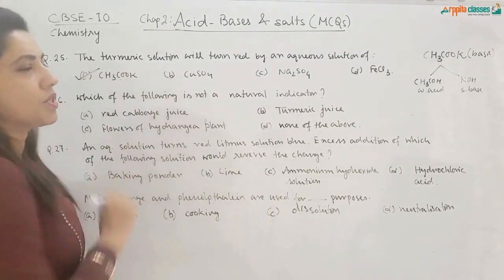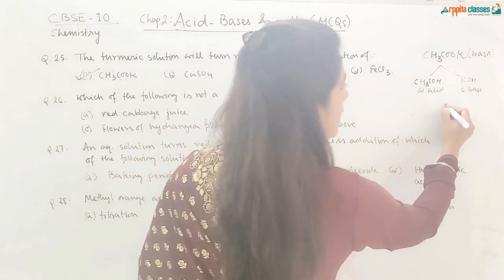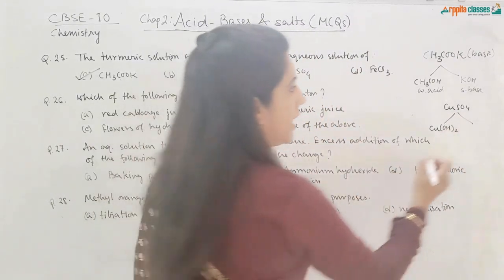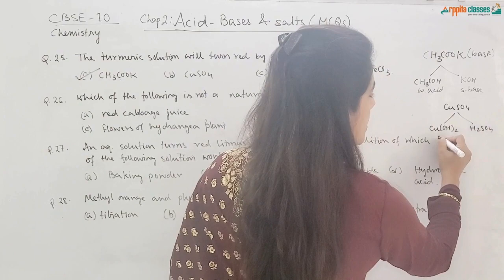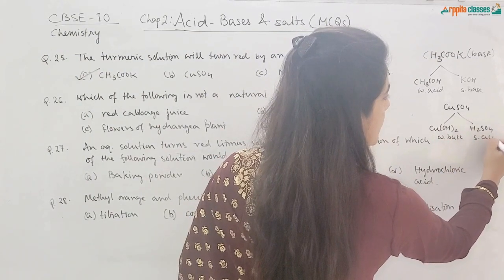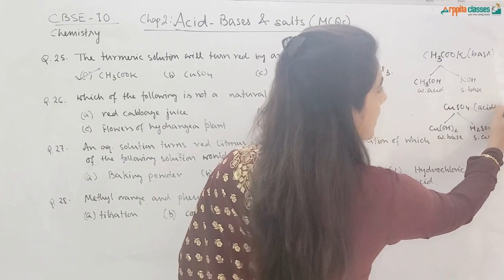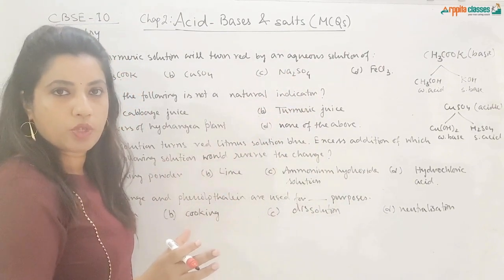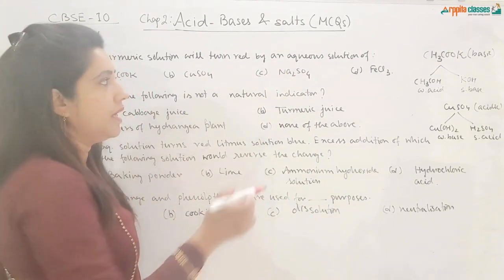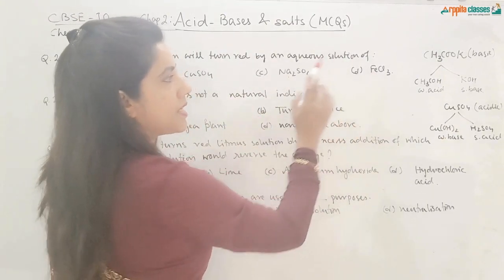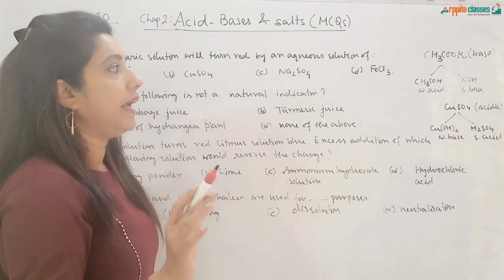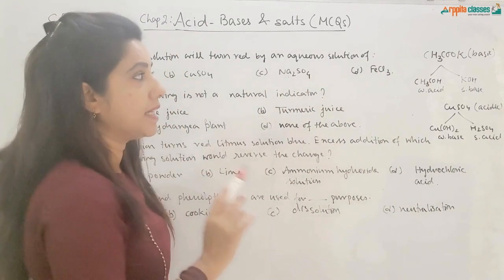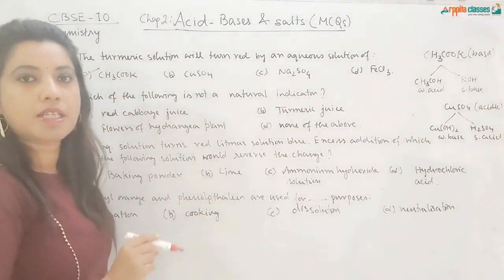But let us see the other options also. CuSO4. Now if you talk about this salt CuSO4, this is made up of Cu(OH)2, copper hydroxide, and H2SO4 acid. So this is a weak base and this is a strong acid. So overall this salt will be acidic in nature, right? So this is not the right option. Na2SO4 is made up of NaOH and H2SO4, both of which are strong base and strong acid. Therefore this is a neutral salt. FeCl3 is again made up of ferric hydroxide and HCl, hydrochloric acid. Hydrochloric acid is a strong acid, so this salt will be a strongly acidic salt. Therefore the answer will be CH3COOK.